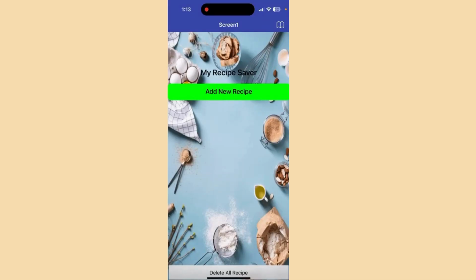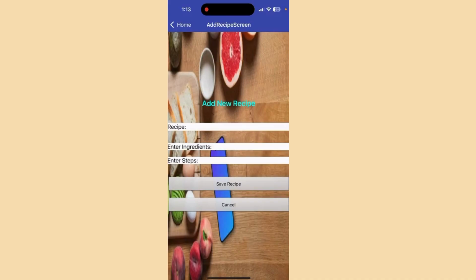Hello, so today I would like to present my application, which is my Recipe Saver. So this is my application. This is screen one, which is the home screen. As you can see here, there are two buttons which are add new recipe and delete all recipe. So if I click add new recipe, the application will be directed to this screen, which is the add recipe